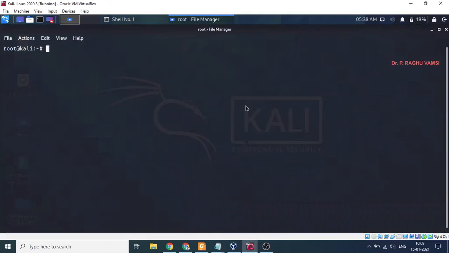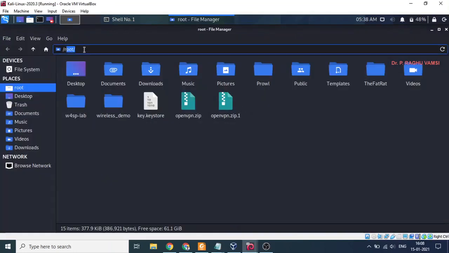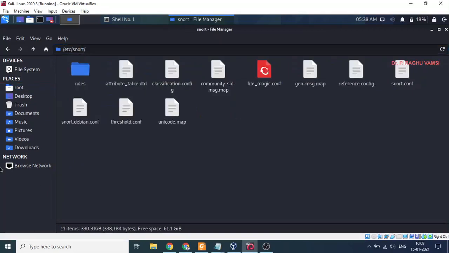So we'll open those directories in parallel. In /etc/snort, you will find rules and snort.conf, this related information.